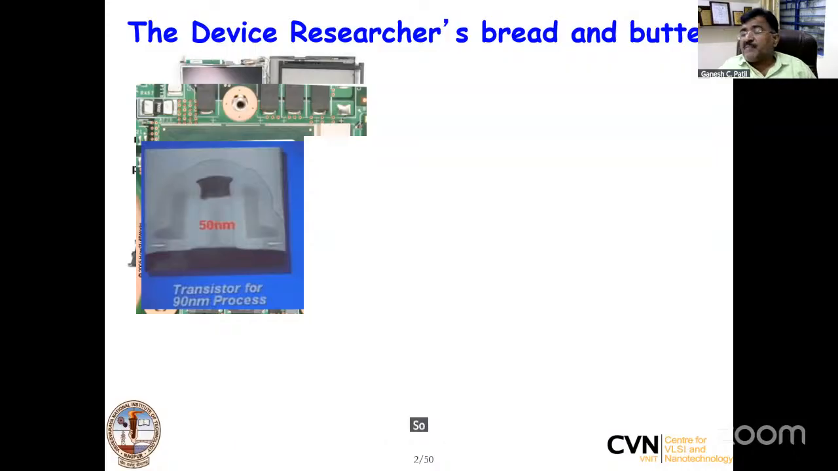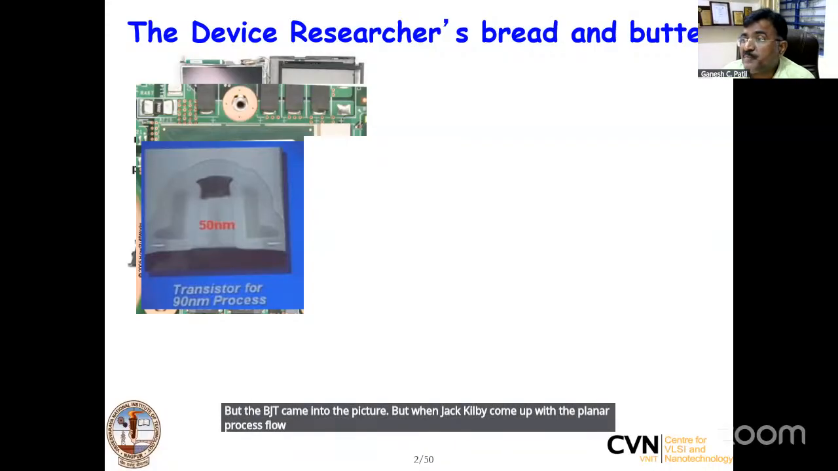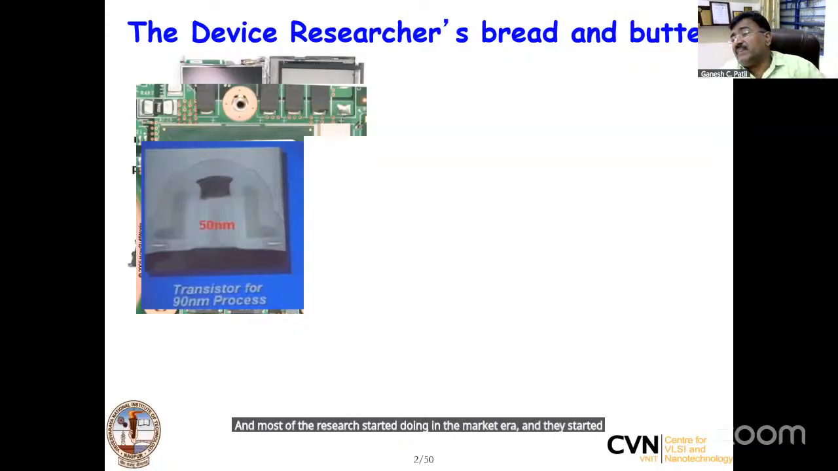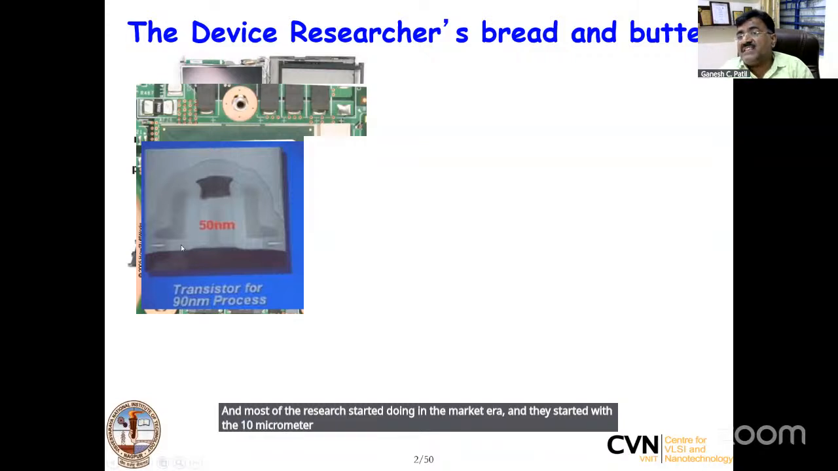To tackle that problem, people thought the MOSFET would not be the popular device, and the BJT came into the picture. But when Jack Kilby came up with the planar process flow, people thought yes, the MOSFET could become the workhorse, and most of the research started in the MOSFET era. They started with a 10 micrometer channel length. Channel length is the distance between the source and the drain. It was 10 micrometer, then it went to 5 micrometer, then 2.5 micrometer,